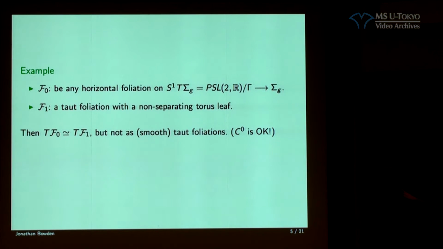If you allow C0, of course, you can spiral in all sorts of funny stuff. You can say C0, maybe C1, but I'll say C0. And you could, of course, spiral in such a torus leaf, and life would be fine. But if you want to restrict yourself to smooth things, that's not possible. So these examples are interesting because you can distinguish taut foliations in this deformation sense actually without contact topology. So this is more some rigidity about the way things look by torus leaves,